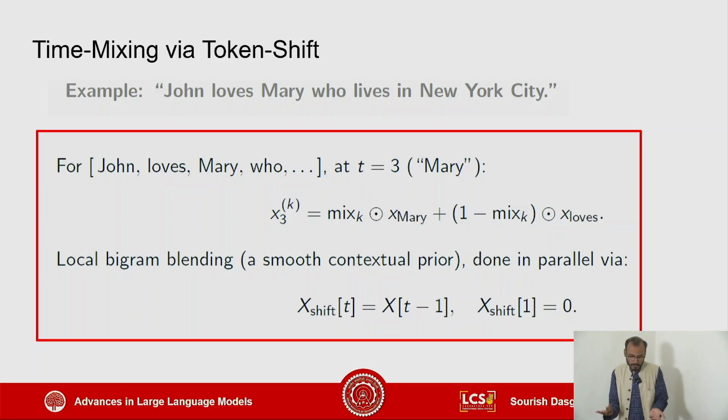So I will try to figure out to what extent the query of Mary can go together with the key of John, and that will determine the percentage, and I bring that percentage onto the value of John. What these guys are saying is that no, you need to add